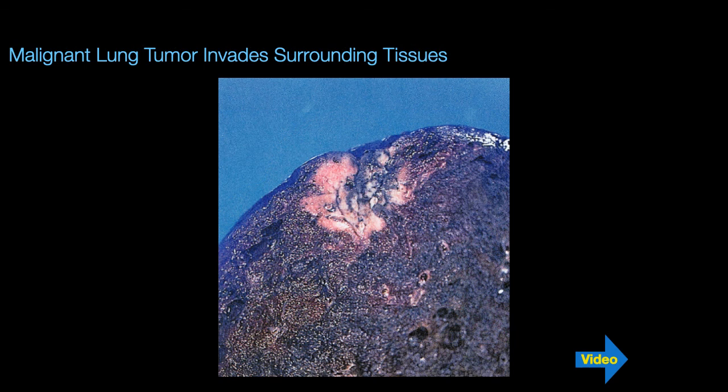You see it's not encapsulated. It's very difficult to see where is the boundary of the tumor because it's invading the surrounding tissue. This is the lung. The name cancer comes from crab, and this is because it looks like a crab. So let's go now with the malignant tumors, that is cancer, how it's produced, and what it causes to the body.